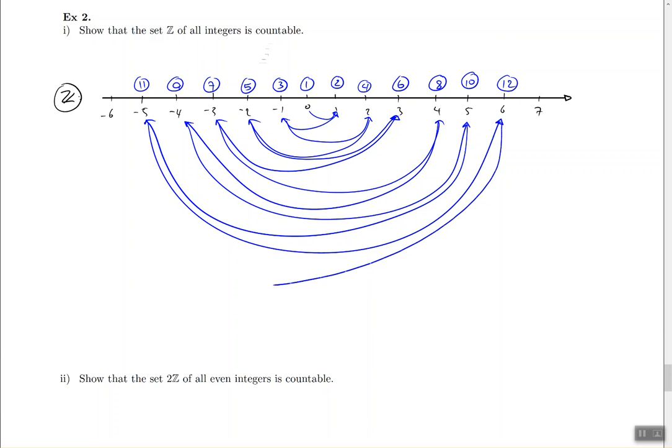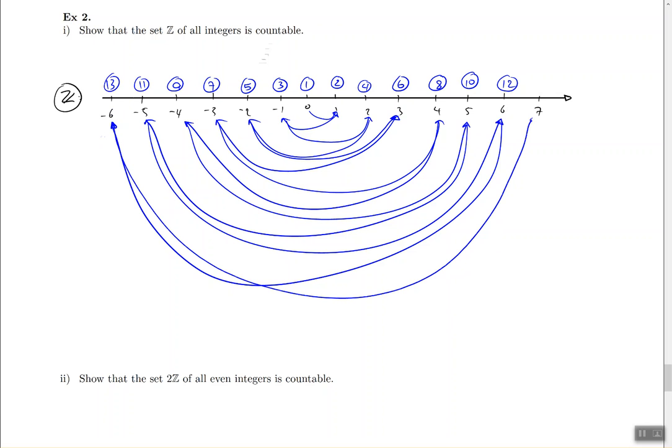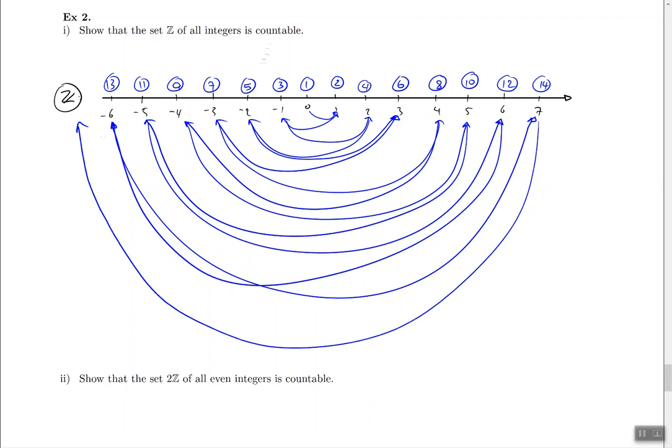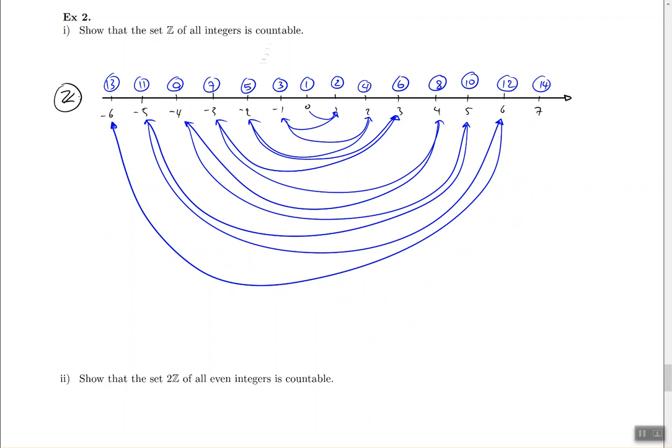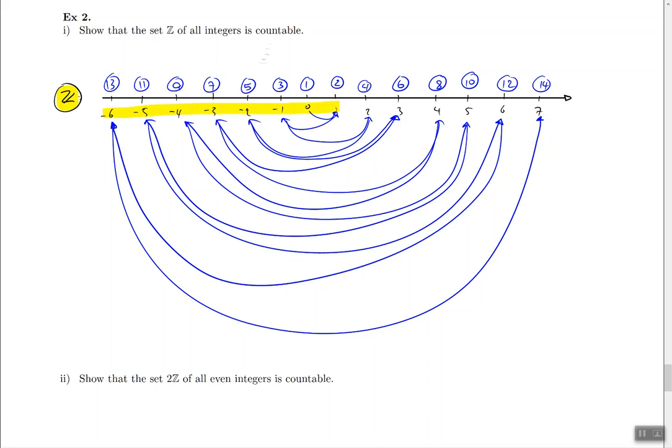and every one of these gets counted using a positive integer always. So the number -6 is going to be the 13th guy that I counted, and then 7 is going to be the 14th guy that I counted, and then I can bounce again over here to the other side and count the number -7. He's going to be the 15th integer, and so on and so forth. In this way, I can count every integer on the integer world once, and I'm always using positive integers to do that.